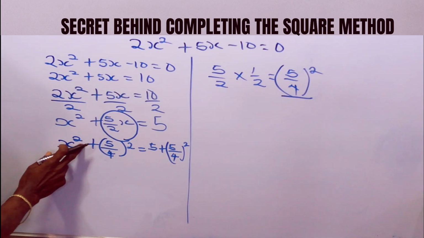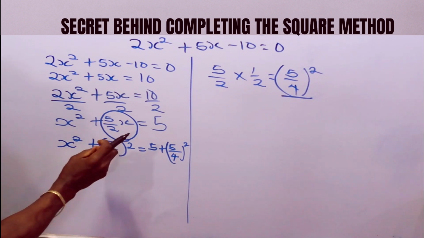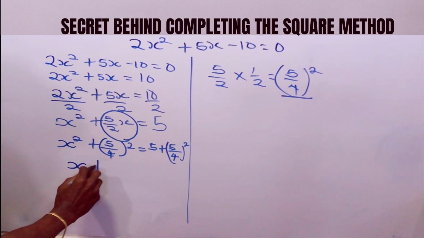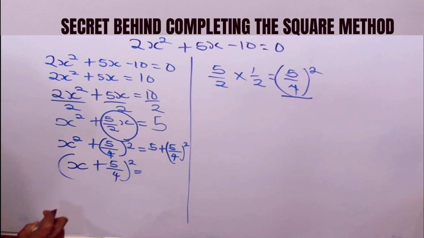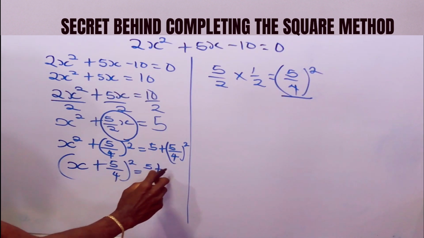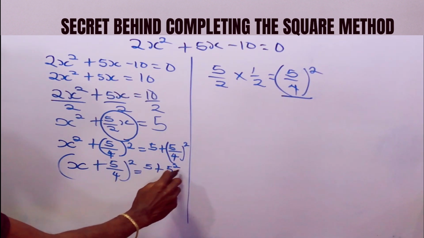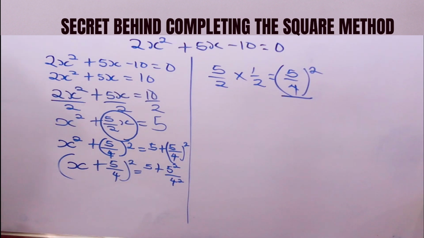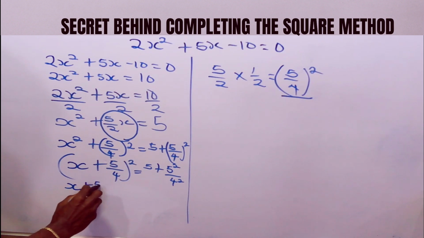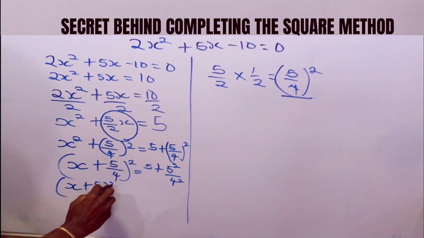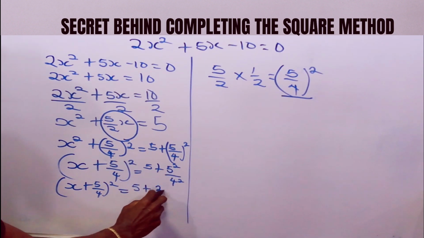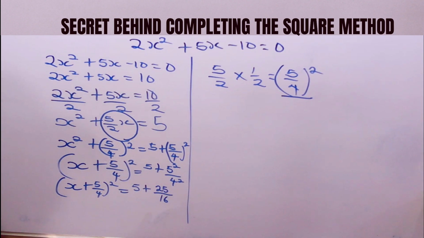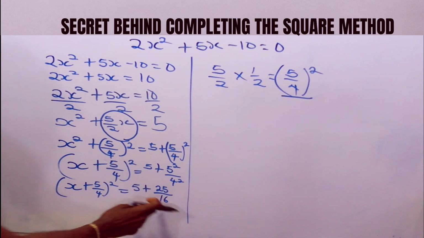Now, since we have a perfect square here, we can say x plus 5 over 4, all squared, equals 5 plus 5 squared over 4 squared. That gives us x plus 5 over 4 squared equals 5 plus, where 5 squared is 25 and 4 squared is 16. So when we add 5 plus 25 over 16,